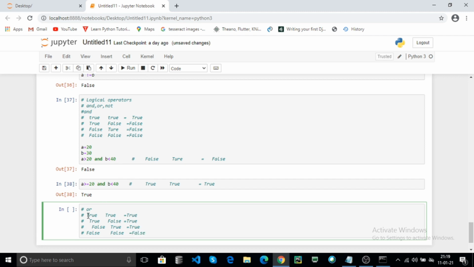Here any one condition is true, it returns true. If both conditions are false, it returns false.